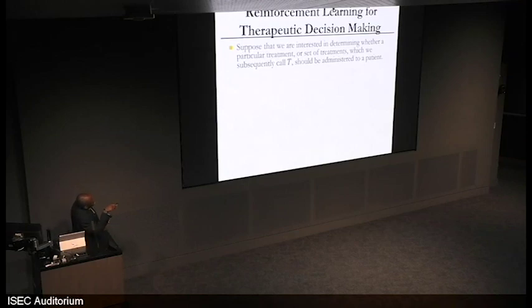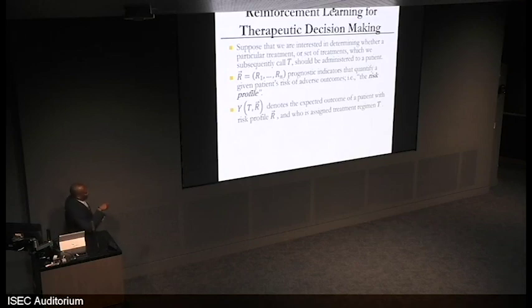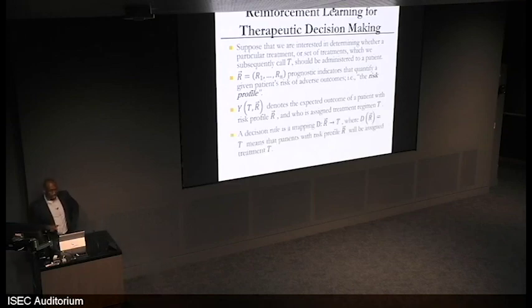So if we call T the therapy, and we're interested in determining whether a patient should get it or not, we have this risk profile, R, which can be some collection of variables that are prognostic indicators. And for the subsequent discussion, I'm going to assume I'm just working with the artificial neural network, which again builds a risk metric from many different types of data. And then Y is the output. So it's the expected outcome of a patient who has a particular risk profile R and is given a certain treatment. So we want to get a decision rule specifically that for a given risk profile assigns a treatment for a given patient. That's really all that this is, right? Risk profile, treatment, we want to get our decision rule.